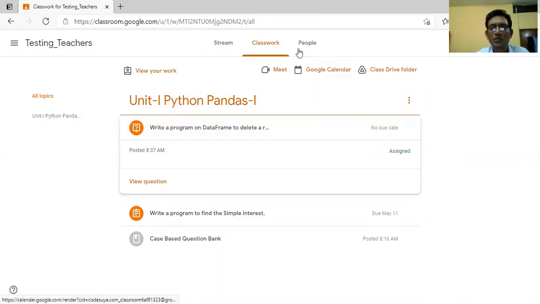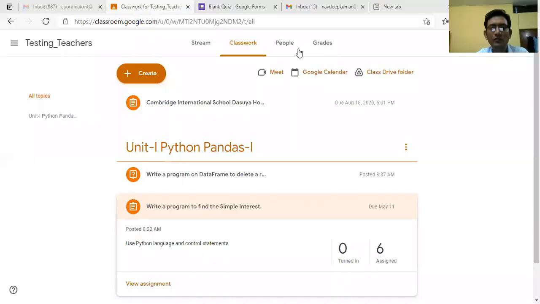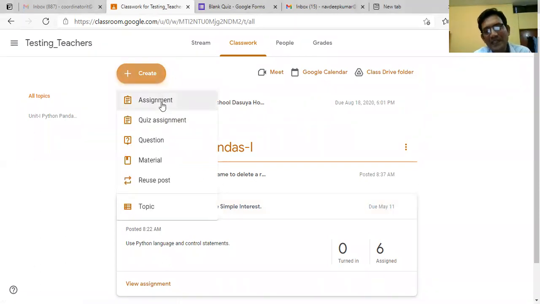So now we are back on the teacher view. This is how you can work with assignments: assign graded and ungraded assignments to the students, make a quiz. Clear? You can ask questions based on any topic to the students, maybe subjective or MCQ based. You can post materials whenever you finish a particular topic and need to share some material, and you can share that material after creating a topic also.